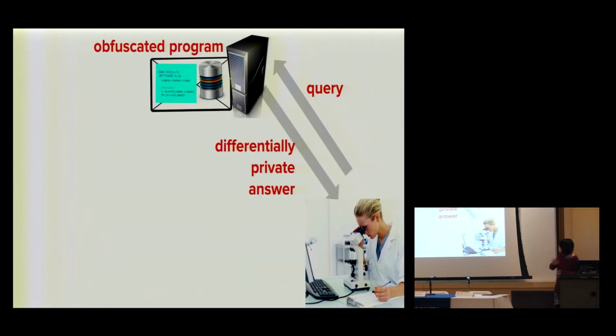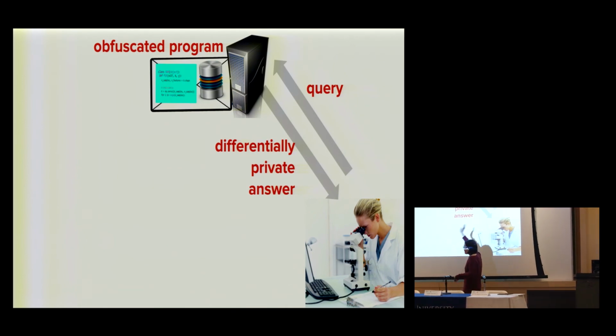So what it will do is that it will obfuscate the database as well as the database program and send this obfuscated program to a server running in the cloud. And once the setup is done, the researcher can query this obfuscated program,